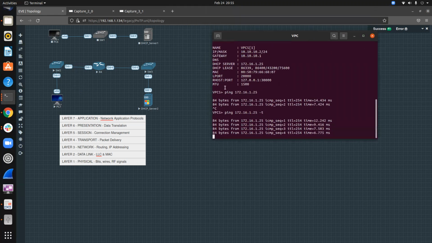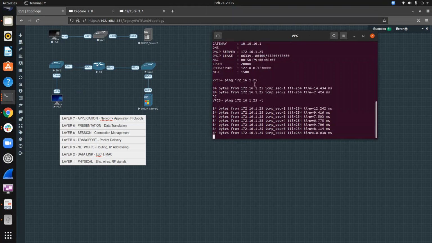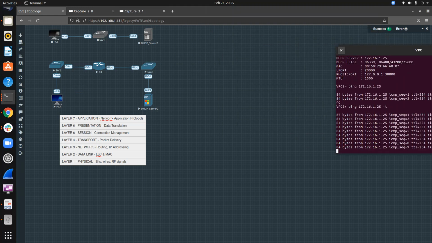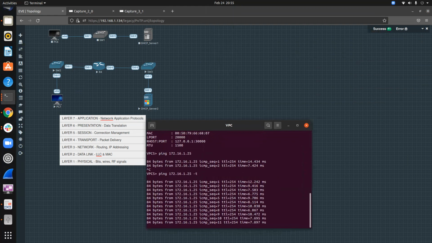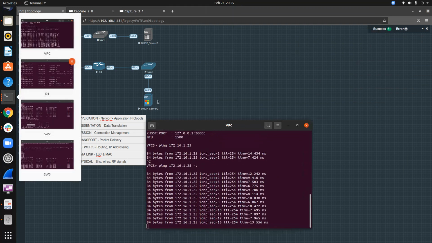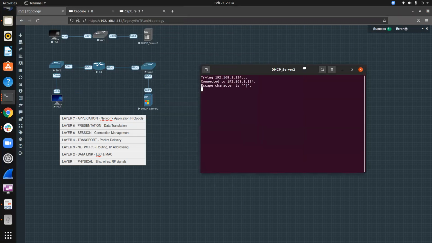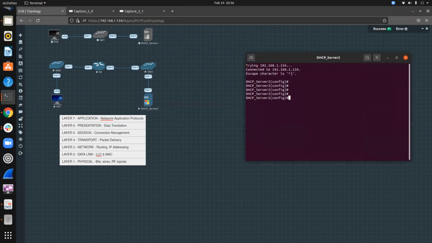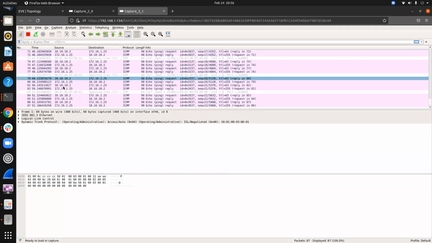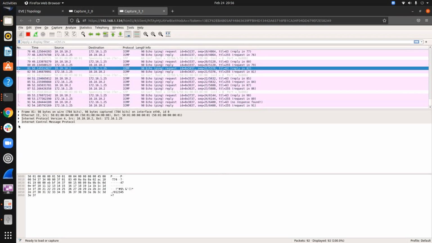So what I have here is this PC pinging the DHCP server. We're going to leave that right there, and I'm going to pop open the DHCP server. We're going to let that sit right there. While that's going,